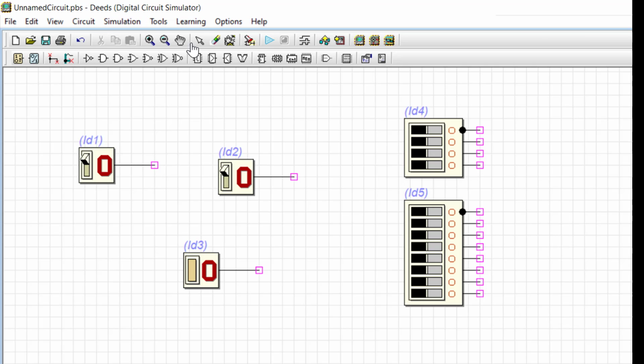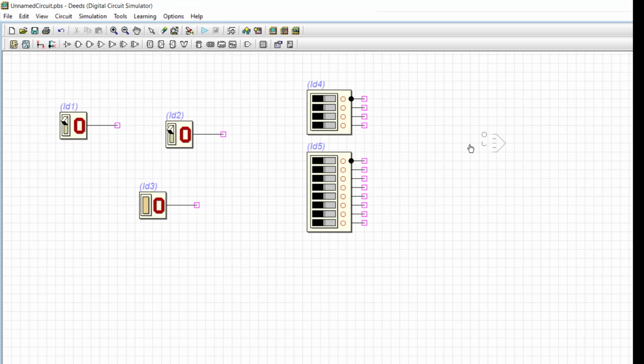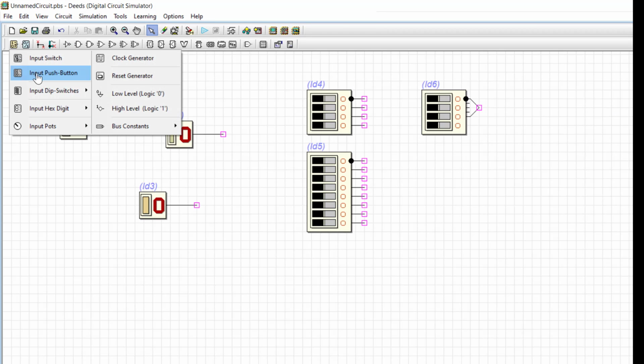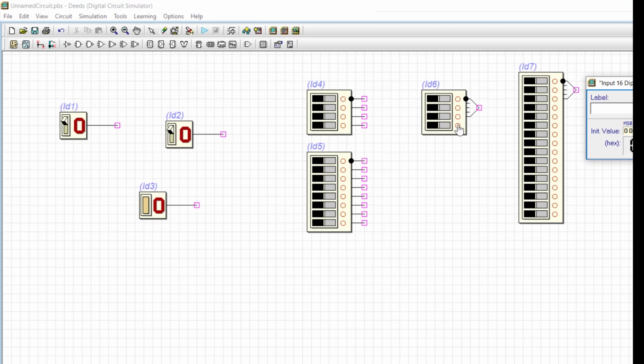Here also you can individually control the individual bits, or you can say switches, or you can also have a 4-bit bus. So you can also use a 4-bit data bus to connect your data bus to another 4-bit data bus, or you can also have 16-bit depending on your requirement. So in a 16-bit or 4-bit bus, you can individually control the individual dip switches so that the corresponding data will be transferred onto the 16-bit data bus.